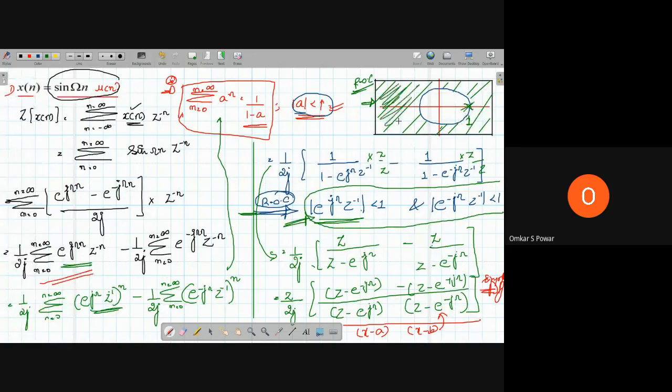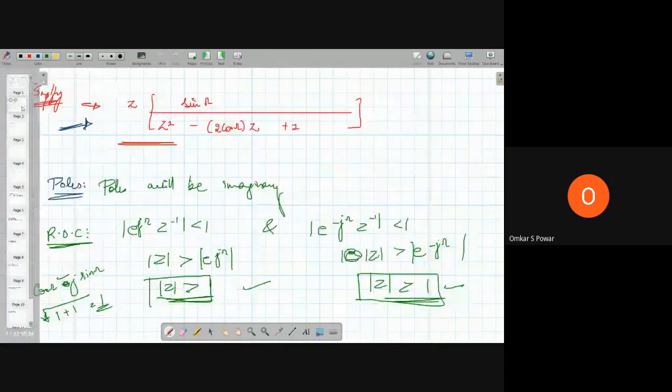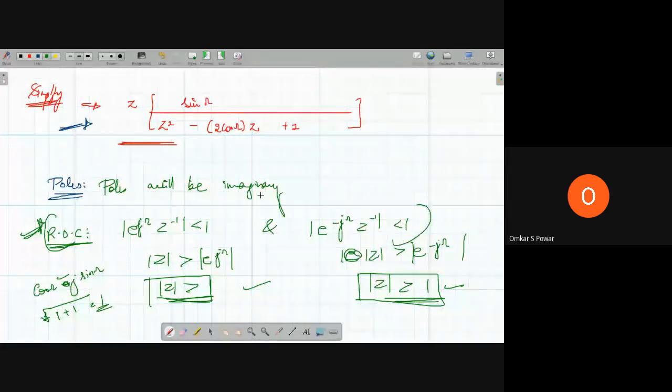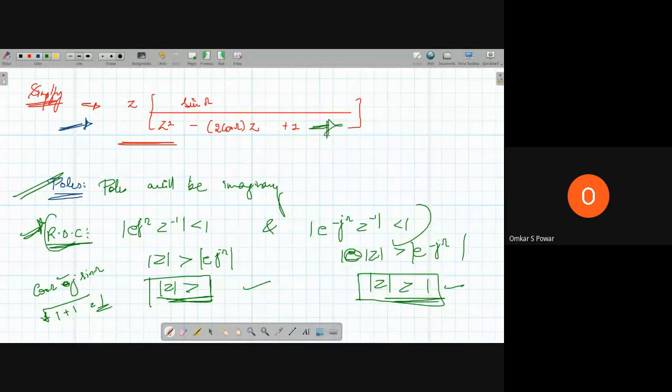So what I have done, we will see once again. Given x of n is equal to sine omega n, first write the formula, express in terms of e power j omega, then express in terms of summation n is equal to 0 to infinity a power of n, and then simplify to get the z transform. Then we'll get the ROC also using those two conditions when we solved the previous one, like summation n from 0 to infinity a power of n. Then we'll get poles by equating the denominator to 0. So using the same procedure we have done for the previous problems, the same thing I'm repeating here. There's nothing new here.